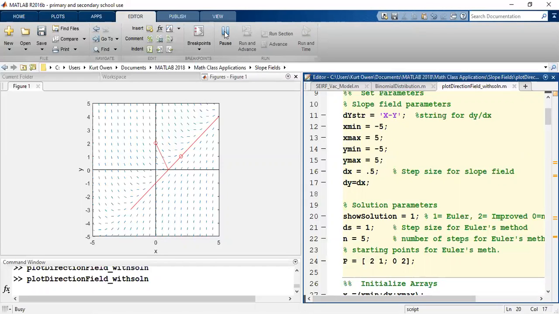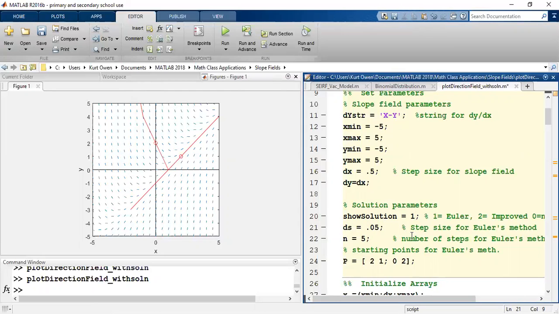Oh, that's sort of interesting if we look at the first solution. Since we started on the asymptote at 2, 1, that's where the slope would be 1. We stayed on the asymptote, all right? With the second solution, we can see we didn't stay anywhere near the slope field when we used a step size of 1. Now, if we were to change the step size down to something small, which we wouldn't want to do by hand, like